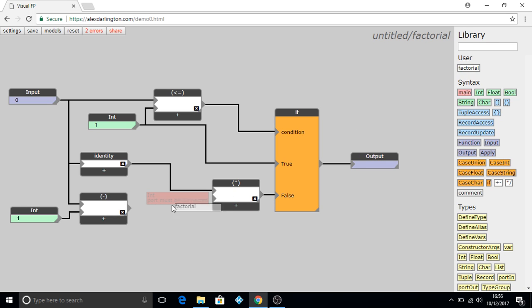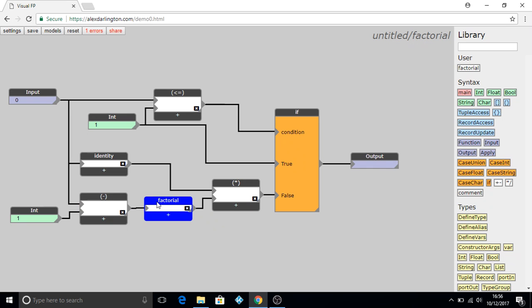So I can actually drag in the factorial block, and we can use it inside our definition of the factorial. So we're defining a recursive function, and you can see that it has already been able to infer that this factorial block takes an integer as an input and returns an integer as an output. So if I now connect this up to complete the model,